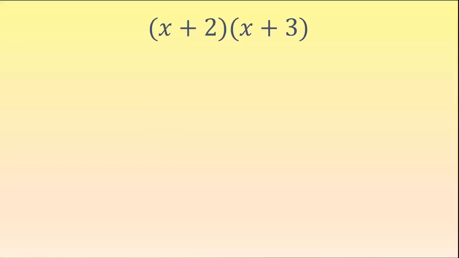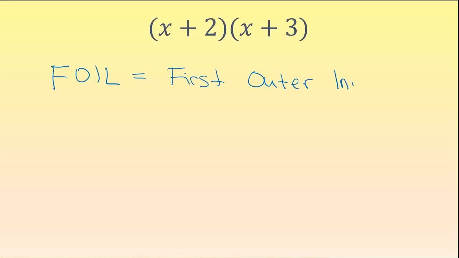Let's start. Now, FOIL is an acronym that stands for first, outer, inner, and last. And that refers to the terms of the binomials and the order that you multiply them in. I like to say first, outie, innie, last, and think of belly buttons because they're cute. I also like to draw arrows to remind myself which terms I've already multiplied and which ones I still need